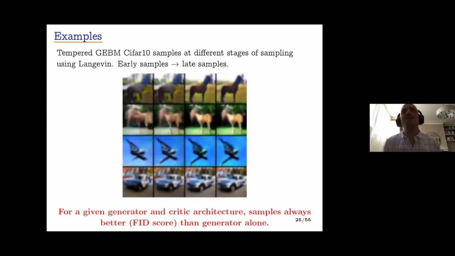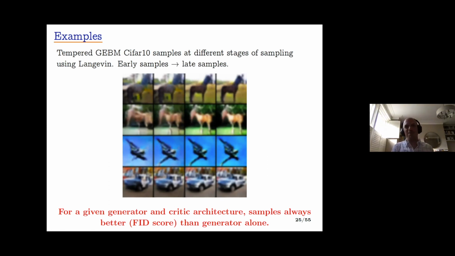So let's have a look at what this looks like. What we've shown here, using both a generator and a critic that are relatively simple networks, so we're not using some incredibly complicated networks here, and we're doing this on CIFAR. We're just running our Langevin Monte Carlo from some starting point until it reaches a stationary distribution. And what you can see on each row of this figure are the samples that we get out. And you can see that they go from being sort of blurry and ill-formed to something reasonably recognizable.